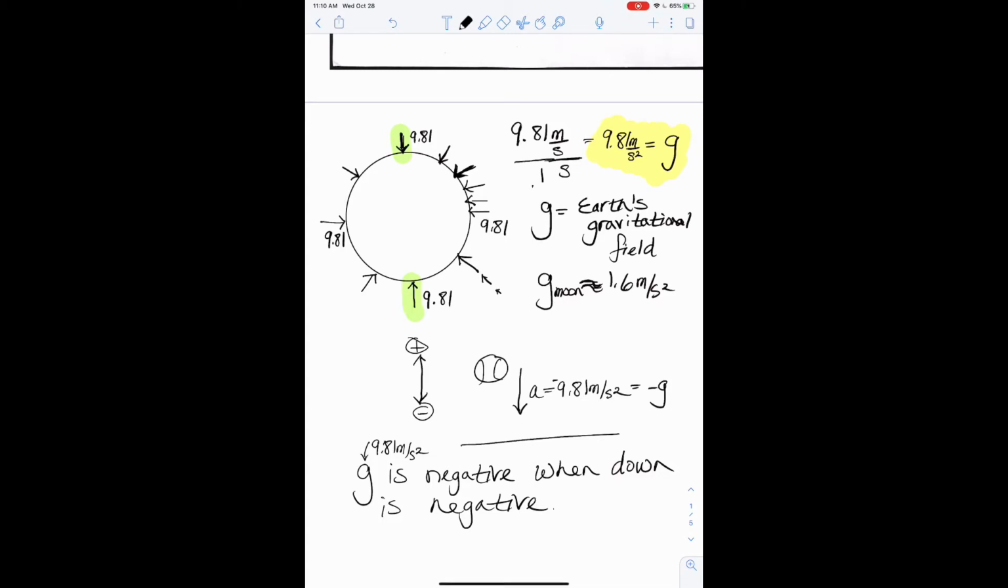All right. If down was positive, G would be positive. And that's all there is to it there. Okay, so let's go ahead and